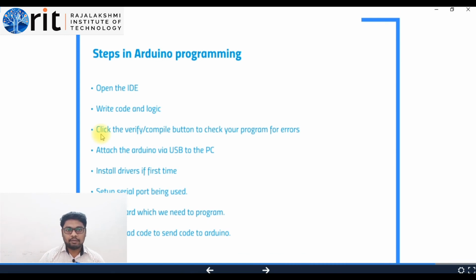So you have void setup and void loop available. In void setup, you declare all the functions, and in the void loop you write your logic, and it will execute infinitely. So this is how it works. Click the verify button to check whether the code is correct or not. After it is successfully verified and compiled, you can upload your code to your particular Arduino board